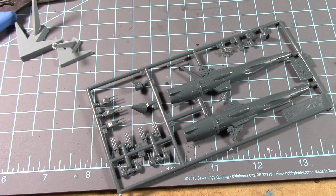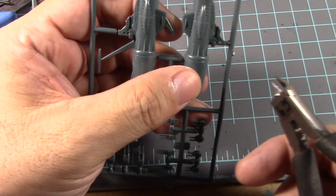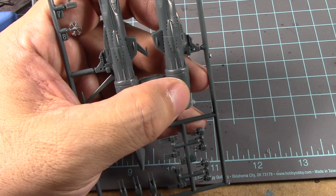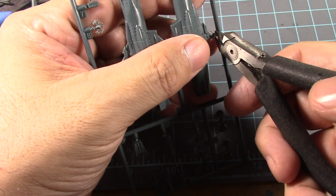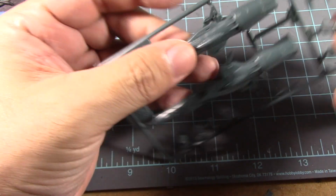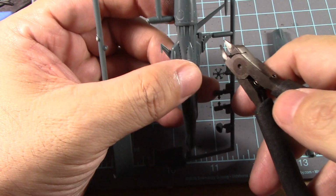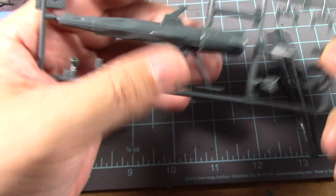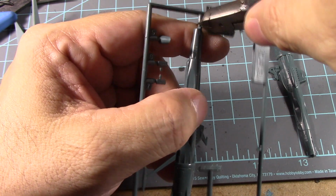I'm going to give a shout out to Model Man John, and he just pointed out an interesting fact. He says that the destroyer and frigates are just about the scale of 1/700 scale. So if I had the 1/700 scale Yamato kit, which there is a version of that, these guys will be close to it. I know that there's a ship of the line picture somewhere. I saw it online one time. It's a long time ago,